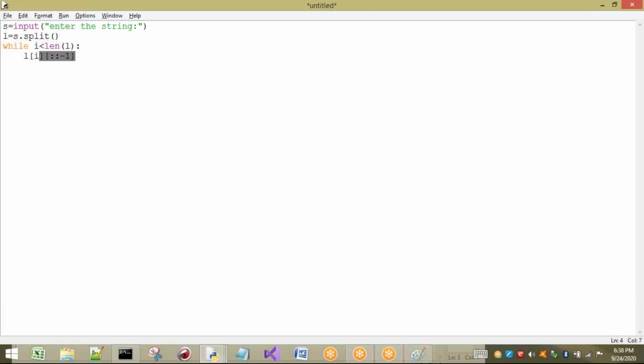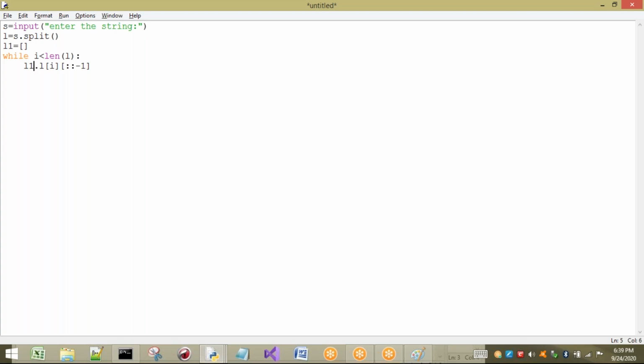So I have reversed. Where do I have to place it? In another list. So I have to specify L1 dot. If you are using a list, first we have to specify it. So L1 equal to, first I'm going to take an empty list. Before declaring, if you directly use it to perform some operation, we are going to get an error.